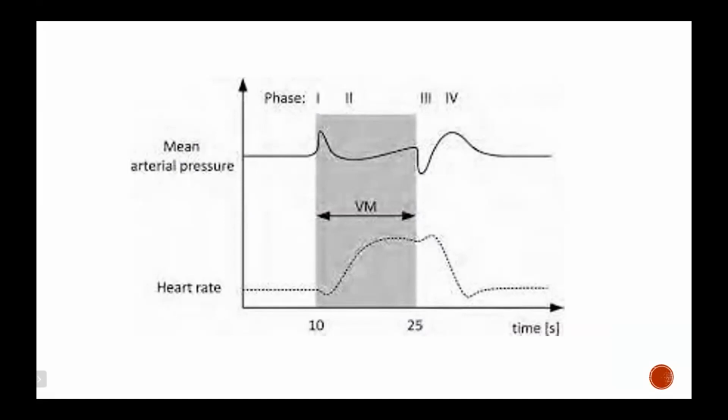Now what happens in phase 2 is the intrathoracic pressure continues to rise. As it continues to rise, the venous return reduces. Once the venous return reduces, the right ventricular stroke volume reduces. As the right ventricular stroke volume reduces, the pulmonary circulation will be less and left ventricular stroke volume will also be less, ultimately resulting in a fall in the mean arterial pressure. As you can see, the mean arterial pressure has fallen in phase 2, and this results in reflex tachycardia. So the heart rate picks up in phase 2.